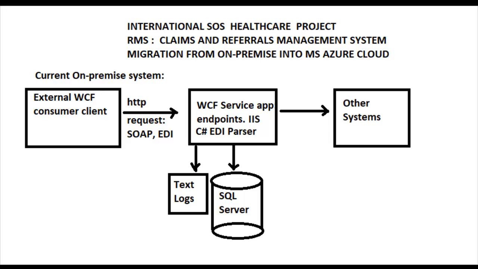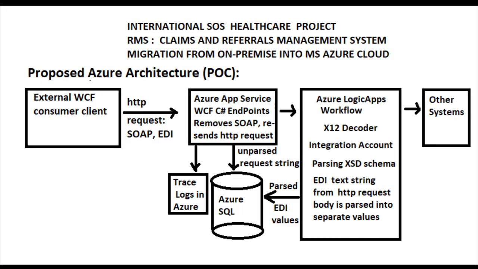and then sends that information further to other systems. And this is the proposed system, which is going to be in Azure. It's still going to have the same calling WCF consumer client because it's not under our control, it's outside of our company, and the request is going to come to Azure App Service or to a LogicApps receiver directly, and it should still write some logs there, and it should write to the database, which is going to be an Azure SQL database in the cloud,